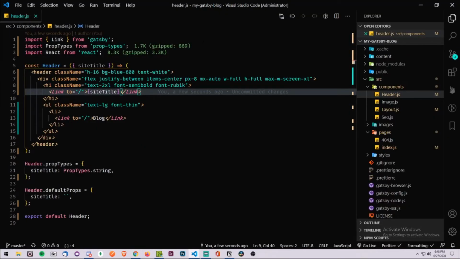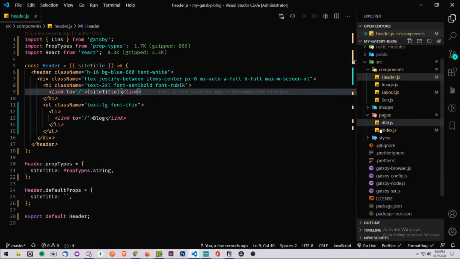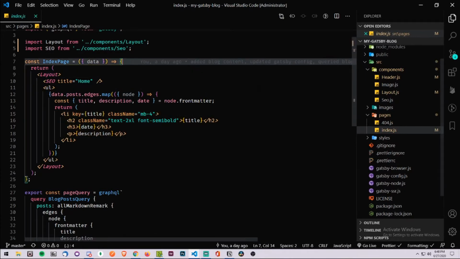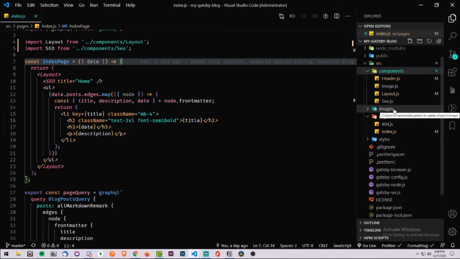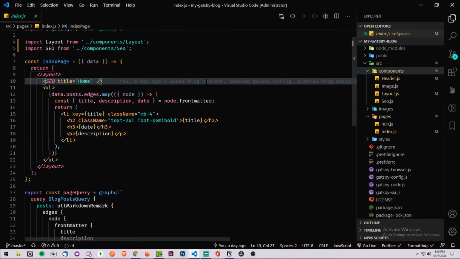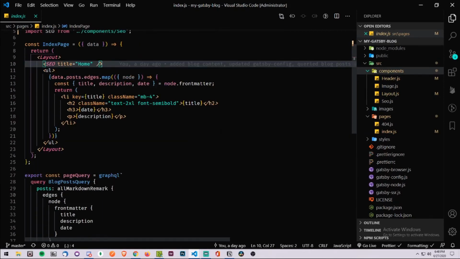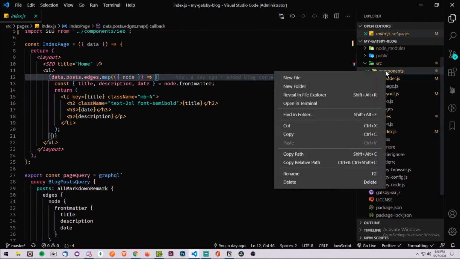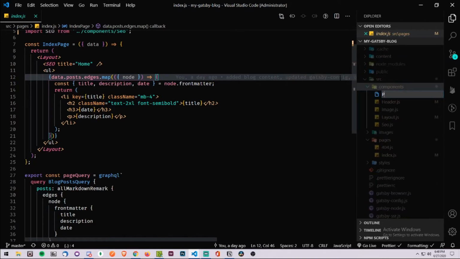So let's go to the, trying to think how I want to do this next. Let's go ahead and actually move the list and the list item into separate components, right? Because that's what React is. With separate components, all this logic can be put into separate files, and it doesn't all have to be here. And then the page query can just be fed down into the components. So let's go into components, and let's right click, new file, and let's say posts